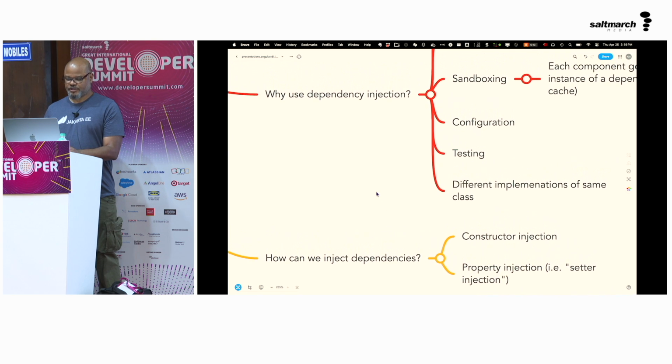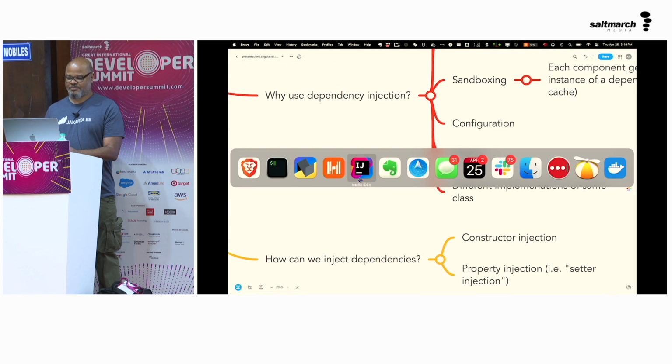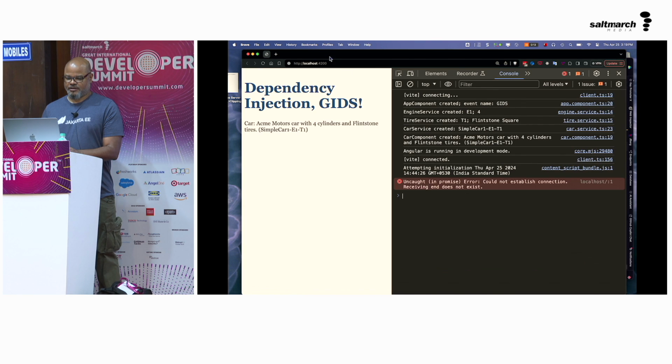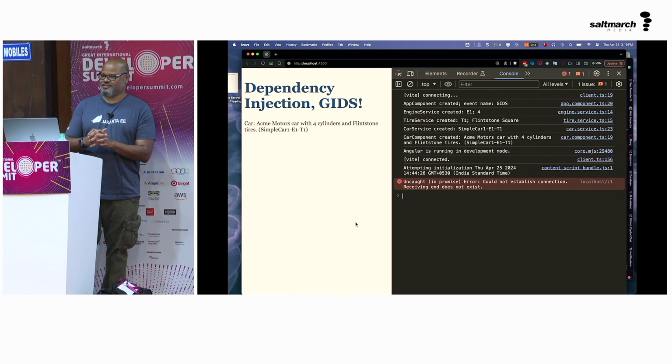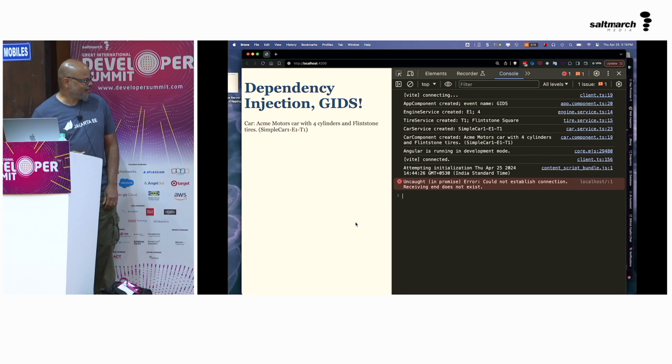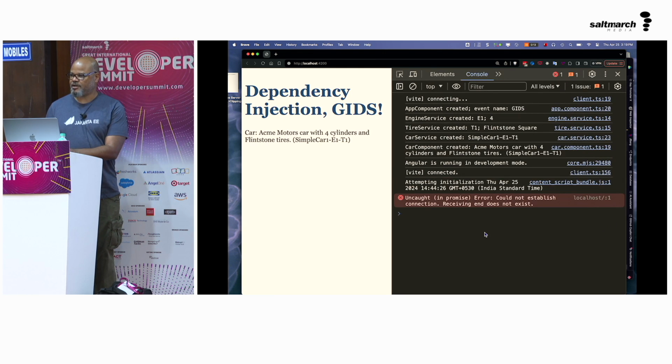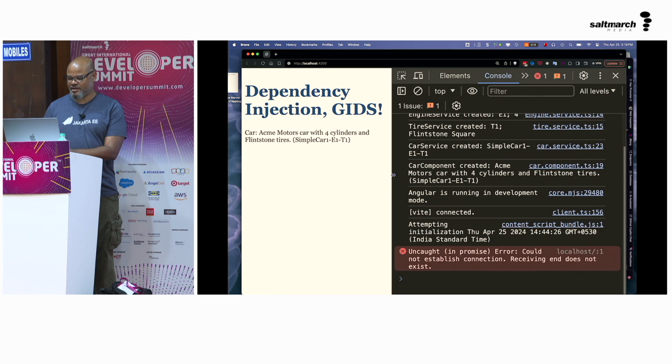All right, so let's take a look at a sample app, and this is where I'll start messing up, but we'll do it together. So I've got a sample app here. It's beautiful. It says dependency injection. Yes. All right. And I'll make this a little bit bigger over here. Can you guys read the little console, or should I make it a little bit bigger? Let's make it a little bit bigger. Is that better? Good. Okay. Thumbs down, anybody? There's a thumbs down? Okay. All right. See, if you have bad eyesight like me, you'll want it to be bigger.